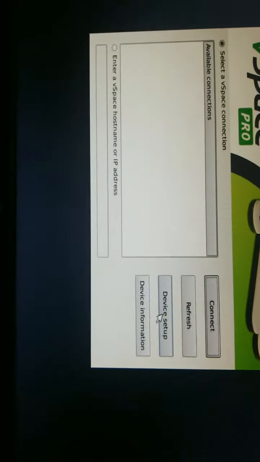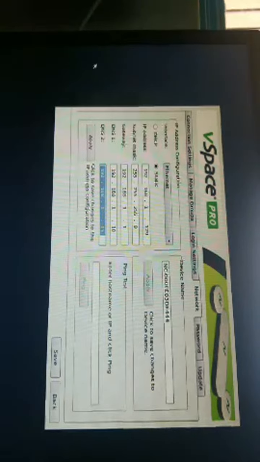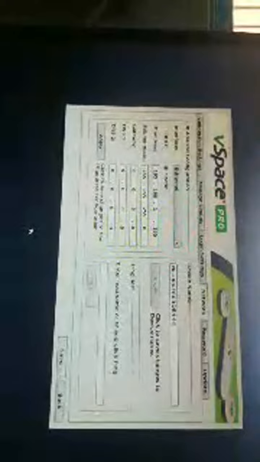Let's go straight to device setup, and then to networks. So instead of DHCP, let us choose a static IP. I shall remove these, and then we can put an IP address here. So you put an IP address, and then I'll click apply, and then OK. So this will restart